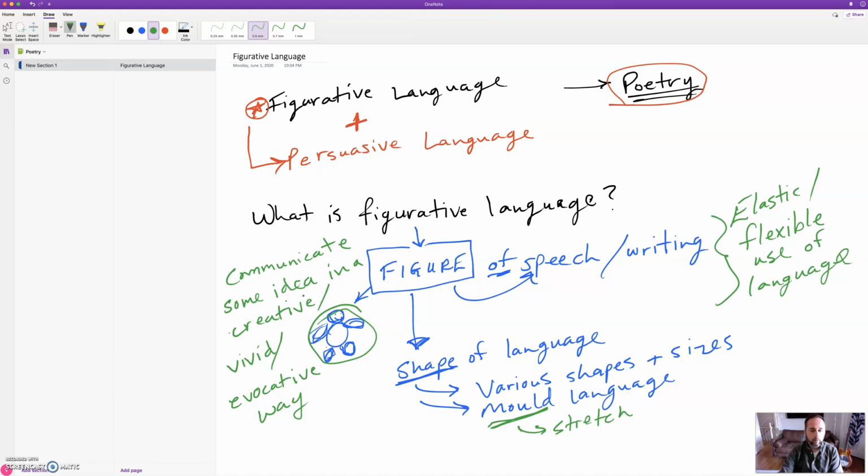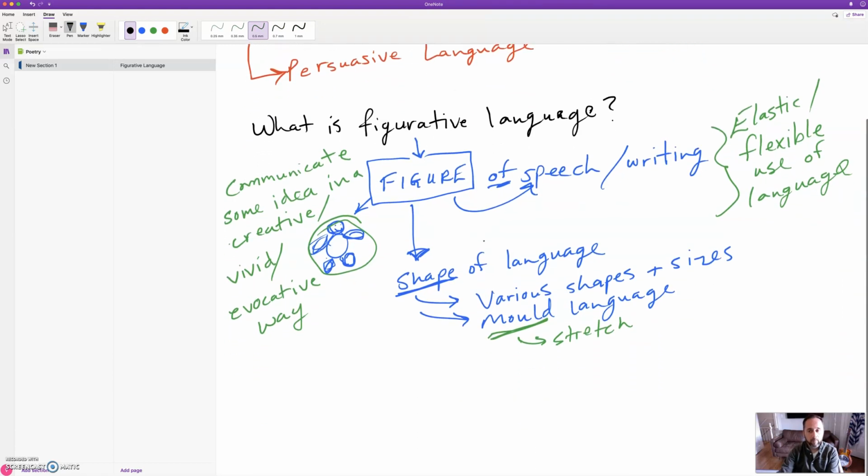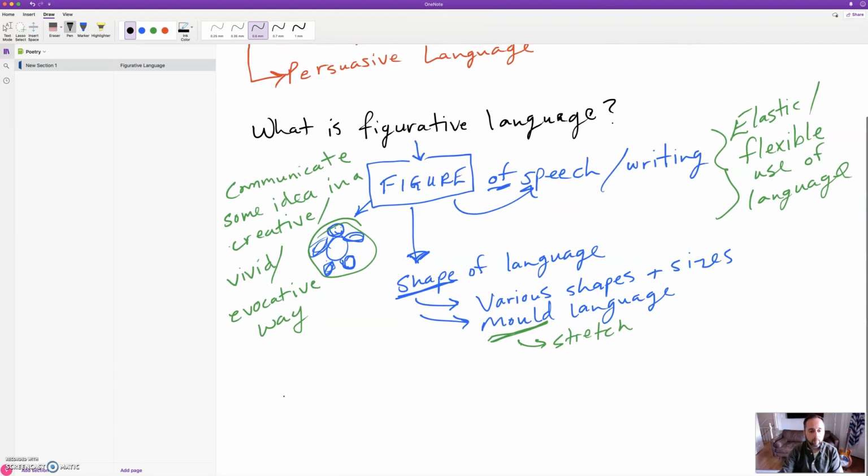So whether or not you know this, you actually know figures of speech and figurative language. In many cases, you'll already know some of the more familiar ones. So, for example, if you think of a metaphor, okay, and you'll have sheets to do worksheets on for various figurative language. But if we take a metaphor